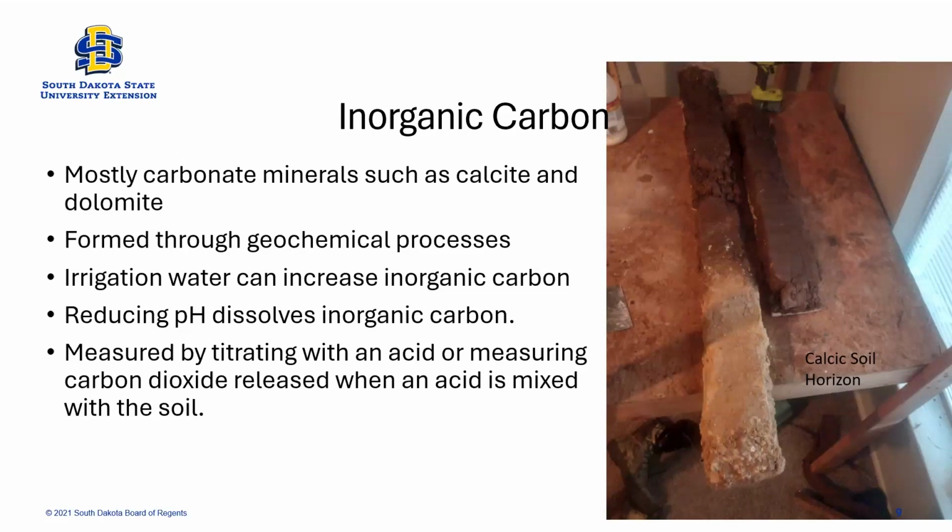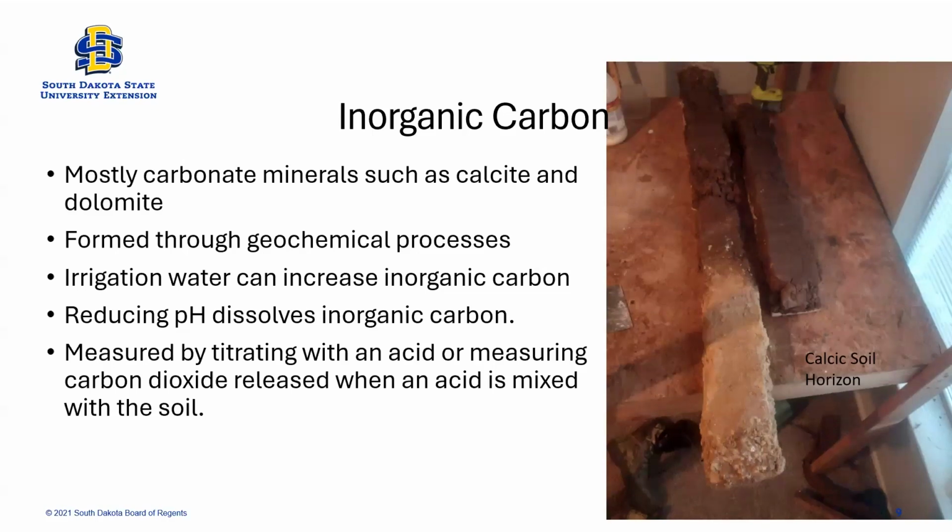The concentration of inorganic carbon in the soil depends upon the amount of precipitation you have, the parent materials the soil is formed from, and the CO2 concentration in the water in the soil, which